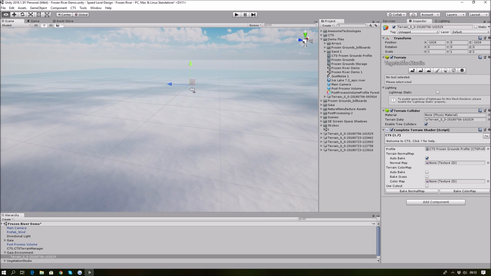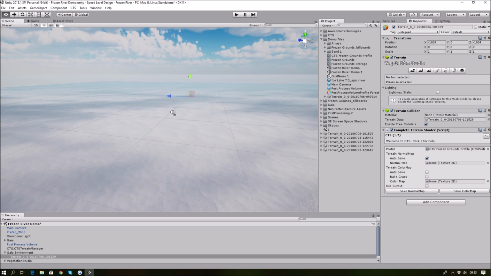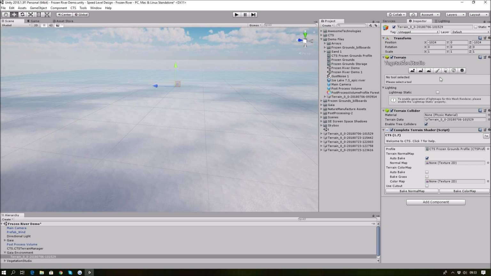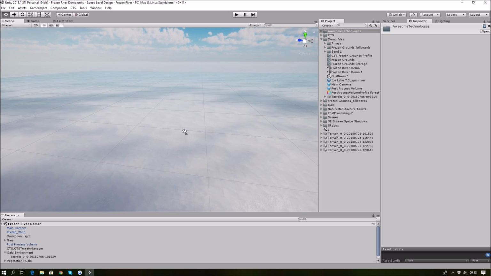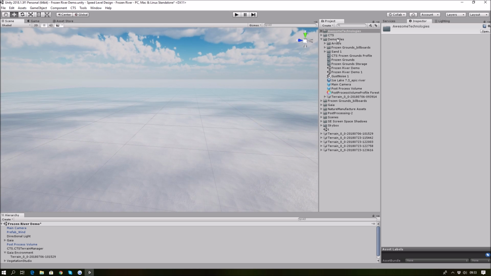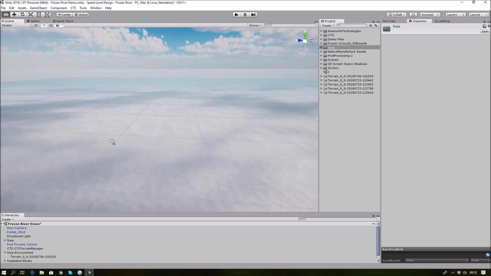I will show you how to build a frozen land demo scene without spending hours on object placement. Everything will be procedural as much as it can be. That's why we will use awesome technologies: Vegetation Studio for foliage placement, which will also support our foliage shaders, mostly for grass. We will use CTS for nice terrain rendering and high blending on the textures, Gaia for fast, high-end terrain